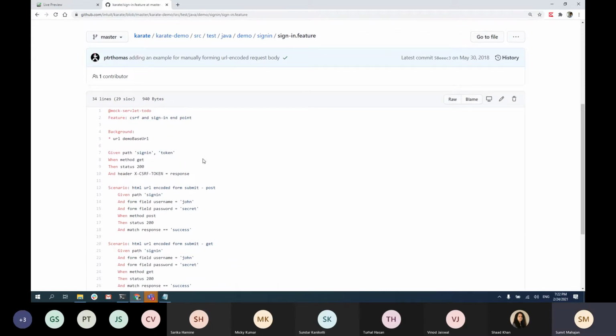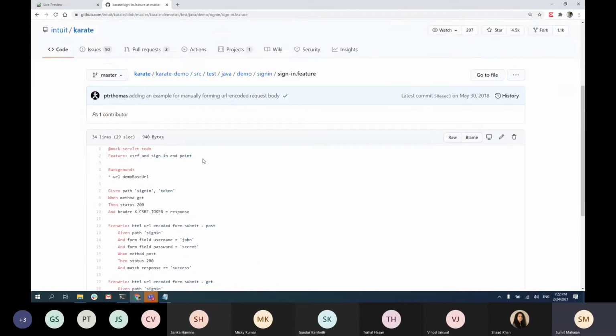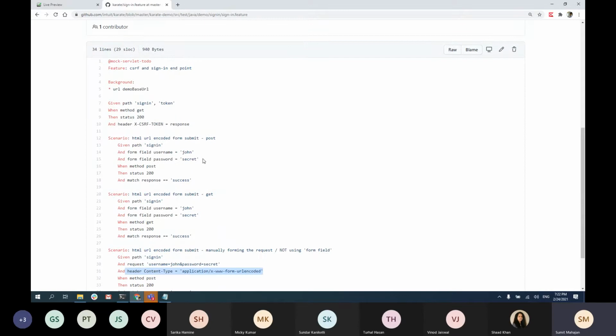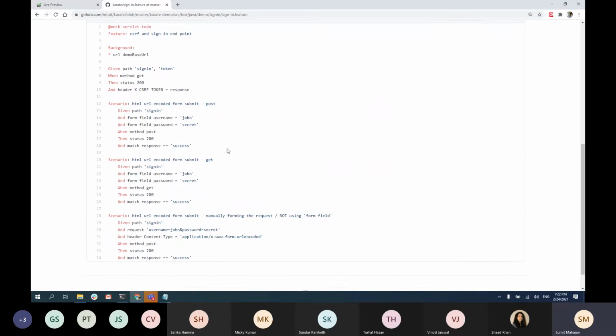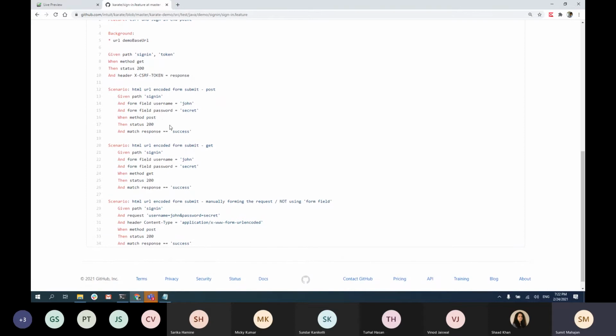Right. So this is a simple sign-in feature where there are 3 types of features that Karate has, which is HTML URL encoded form, which is basically your encoded form that you are submitting, and then which is a post request, and this is a get request.